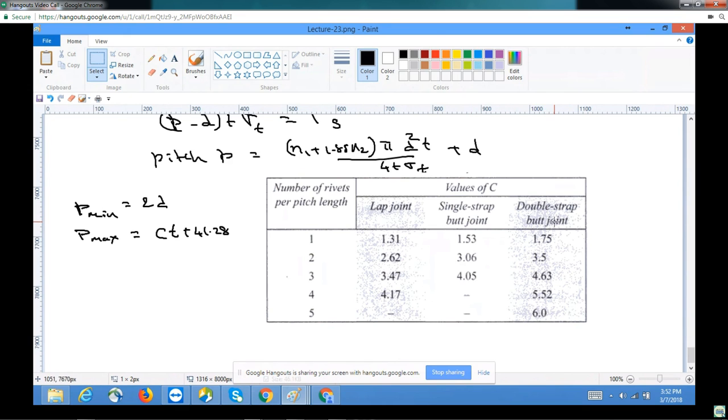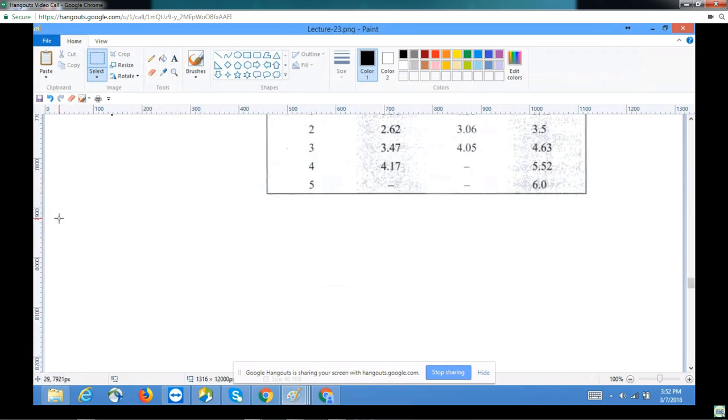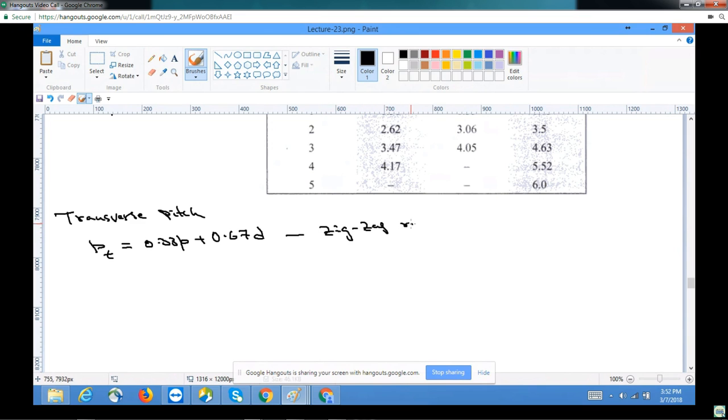And when it comes to the transverse pitch, the transverse pitch is decided as 33% of P plus d, or, this is for the zigzag riveting, and this would be 2 times of d for chain riveting, that is which follows one single line, and the margin